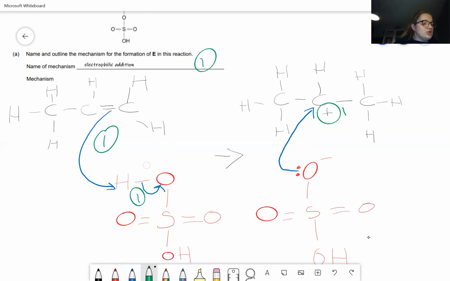And then mark 5: you must show an arrow from the lone pair of electrons. That's why I'm making a big point about being on the lone pair of electrons, the negatively charged oxygen, towards a positively charged atom of the carbocation drawn. There we go. So tomorrow we will